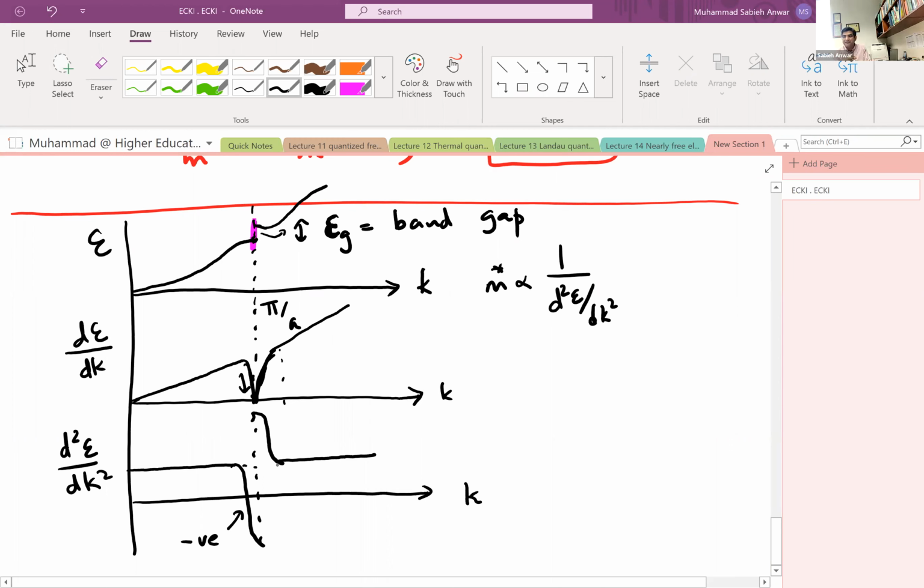Okay. And I'm going to talk about a thought experiment later, but this is how we look at the band, the dispersion relationship, take the derivative of that dispersion relationship, and take the derivative again. All right. Now, this example that I've drawn here is one example. Let me look at another example in which the band gap is much larger. Okay. So this distance here from the zero of the energy to the top of this band